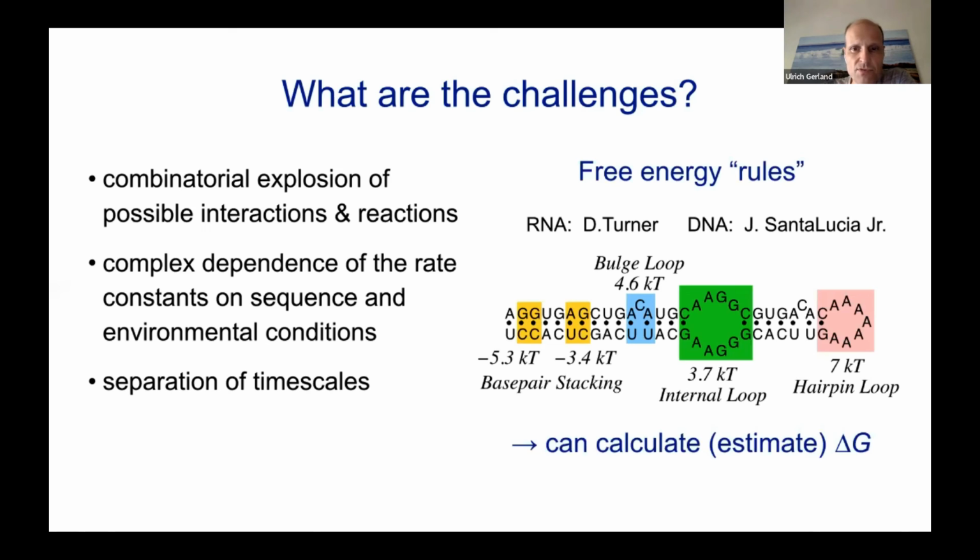Okay, so what are helpful things that make some of these challenges a bit easier? One constraint that we have, some set of knowledge, is that this complex dependence of the rate constants on the sequence is at least partially predictable from the free energy rules for RNA folding and also for DNA. These parameters, basically for base pairing and structure formation, have been inferred from lots of different melting